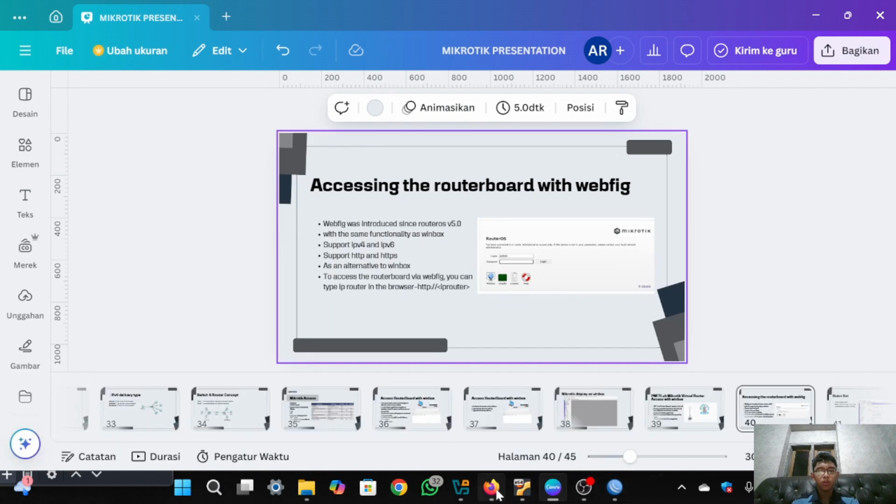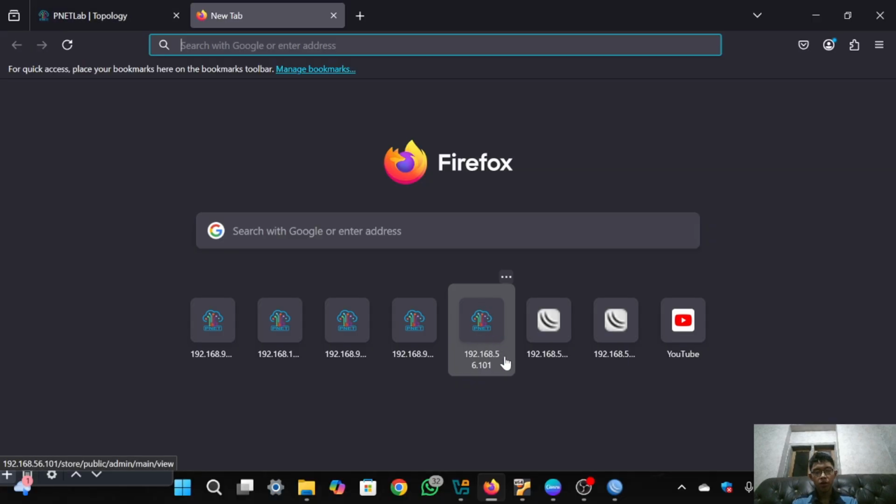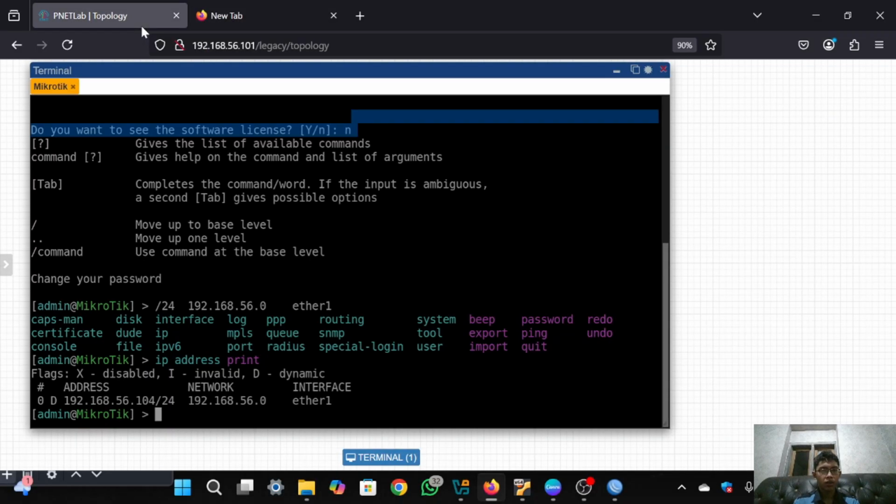So to access your MikroTik in the browser, you can type your MikroTik IP. My MikroTik IP is 192.168.59.104.